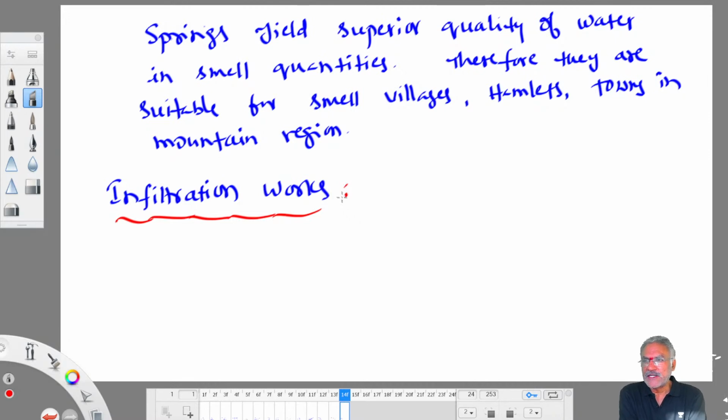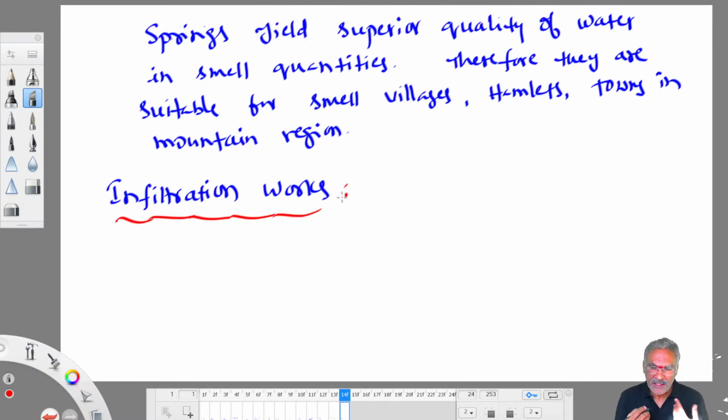Big towns and big cities, where the local body is very rich, even though the rivers yield dirty water, use technology to purify that water. Because they have got money, meeting the water demand is first priority to them. They don't mind investing money in treating the water. But small communities where local bodies are not that rich, treatment is not affordable to them. So there is no other option left with them other than using infiltration works.